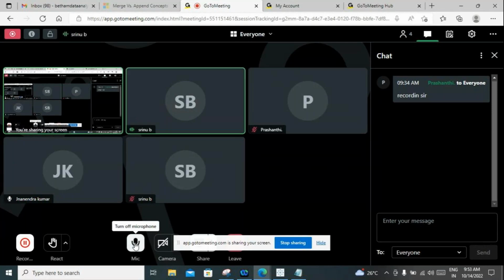Extract connection means whatever data we have in the data source, we can extract the data into memory. We can save it in dot hyper format, right? So live connection means directly interacting with the database. Extract connection means